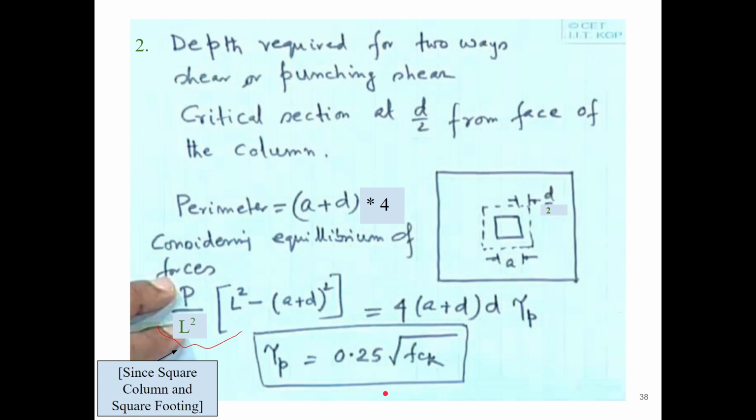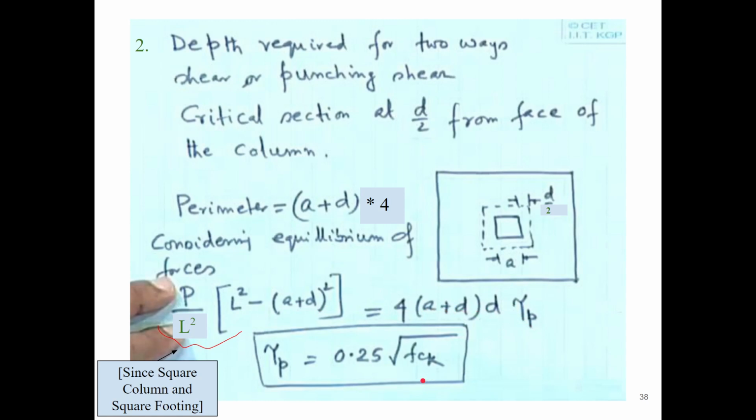So therefore, removing this area, which is (a plus d) whole square, because the column is square, the critical section is also a square. So the area acting will be L square minus (a plus d) whole square. Therefore the load acting is P by L square into (L square minus (a plus d) whole square). And this is resisting, which is 4 into (a plus d) into d into tau p,